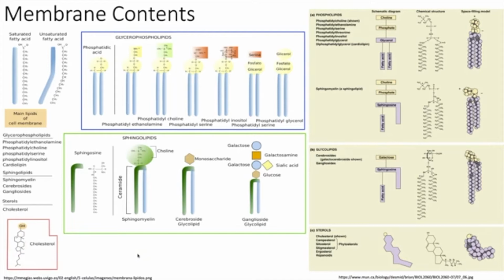Okay, that can vary based on what kind of creature you are. So if you're not a mammal or an animal, then funguses have ergosterols. So you've got ergosterol down here. Plants have phytosterols. They don't look that different. They have similar structure, but they are different enough that they have different names. And so generally that's a way to tell creatures apart too, is by what kind of sterols they actually have